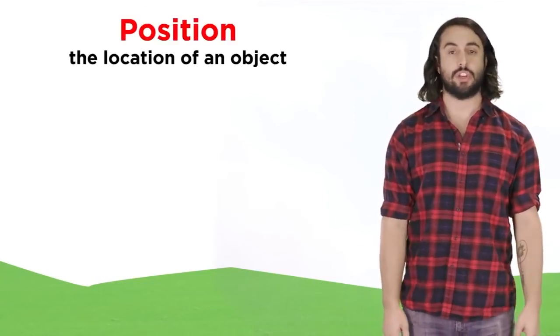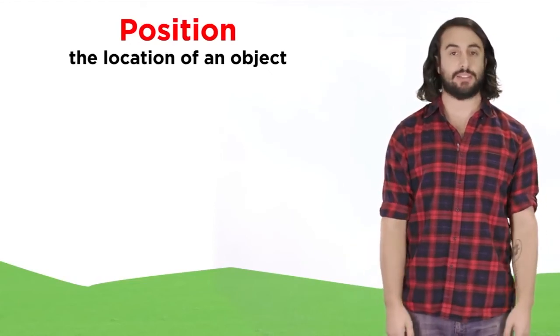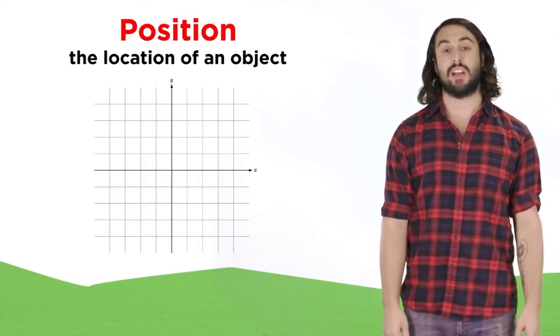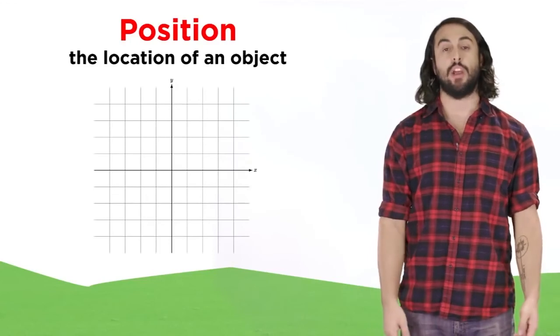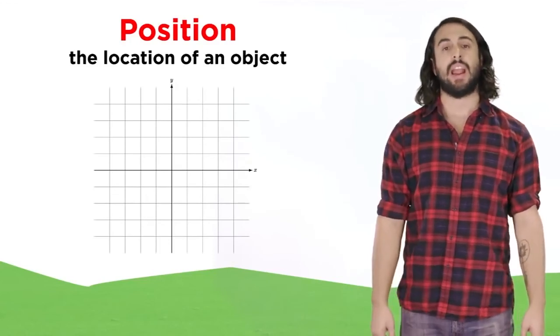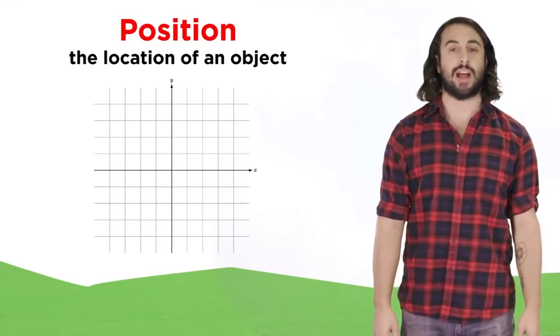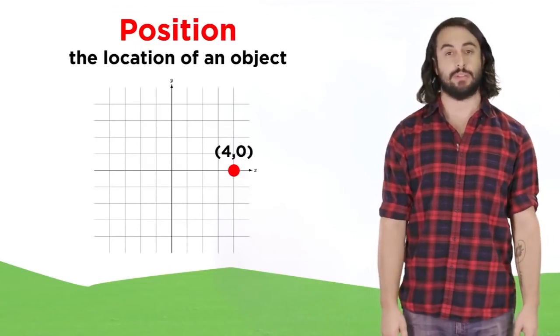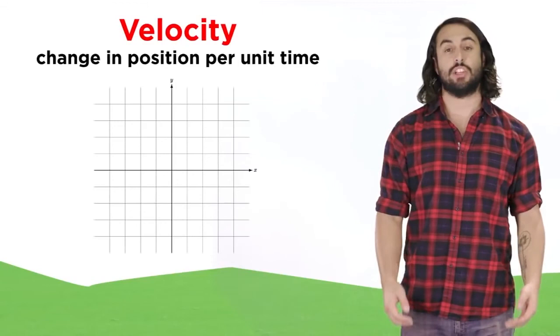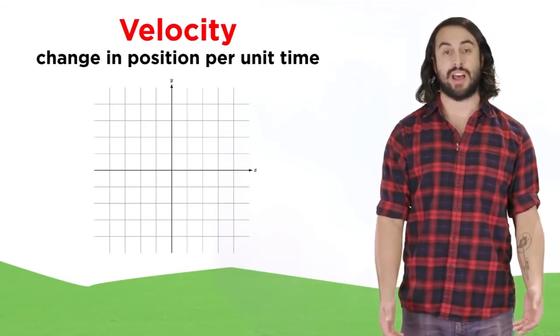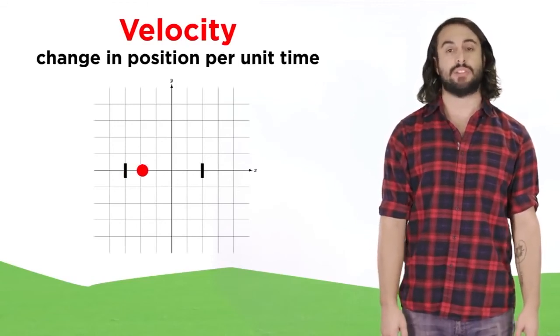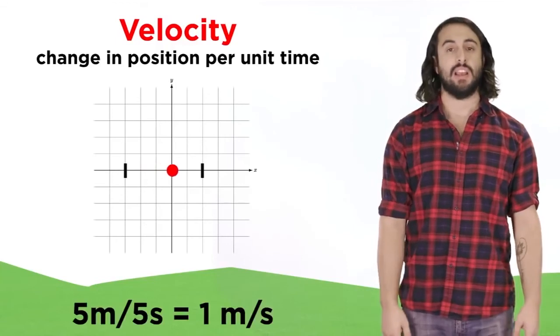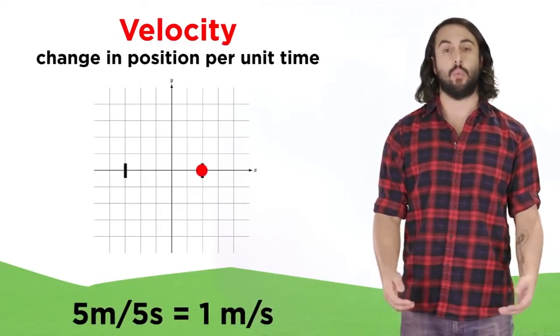Position is simple. It's just where an object is in space. Usually this is discussed with some kind of reference point or axes in mind, and we might express the position of an object as being some distance from this reference point in meters. Velocity is the change in position over time. So if this object travels 5 meters in 5 seconds, it is traveling at a velocity of 1 meter per